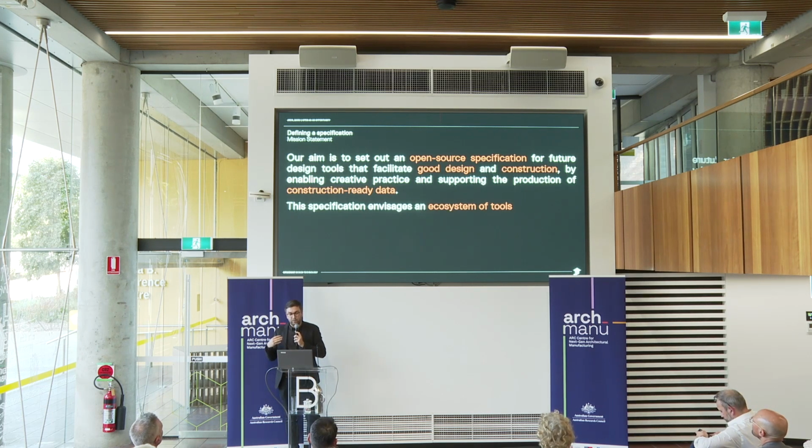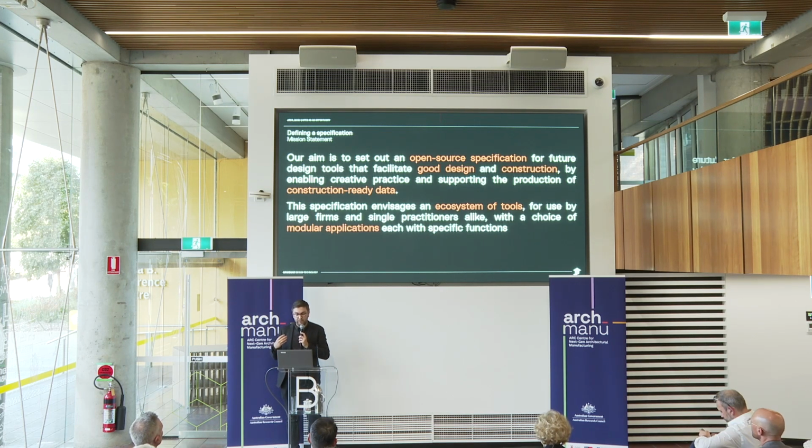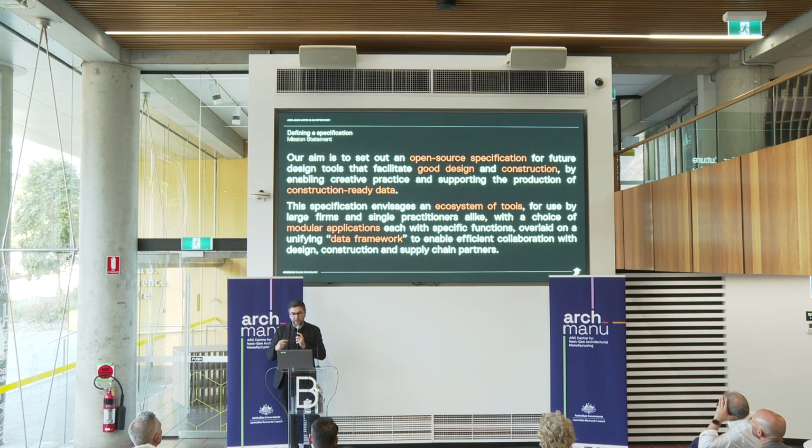Then we're talking about tools that can relate to one another, used from large firms down to single practitioners, where the best tool for the job is always used. We're not talking about a 2.0 of one product, a monolith that does everything, but multiple tools within this ecosystem, where we are using whichever is best to solve our need. And this way of working is orientated around the free flowing of data between tools, as we saw in that last presentation, i.e. both geometry, but also the ones and zeros and everything else that goes with it.